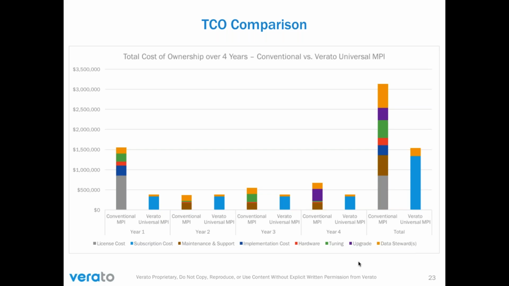And if you look at how that translates over time compared to the traditional approach, once you're accounting for all these hidden factors in the traditional MPI, the ROI is really there. And you tend to see a very stark comparison in total cost of ownership, as long as you're counting all of these factors that are out there.